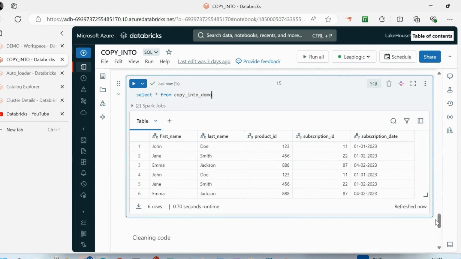So in this way, you can load your data into your delta table. Along with force equal to true, you can also validate the data, to see whether it is correct or not. If it is not correct, it's better practice to correct the data before inserting it and then load the data into your table from your raw layer.